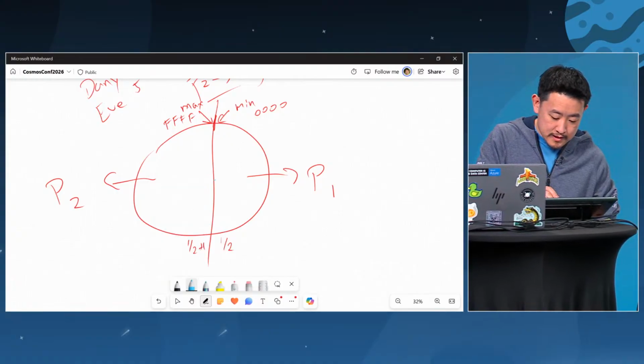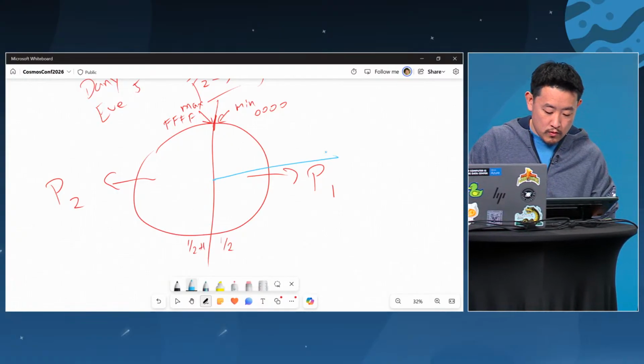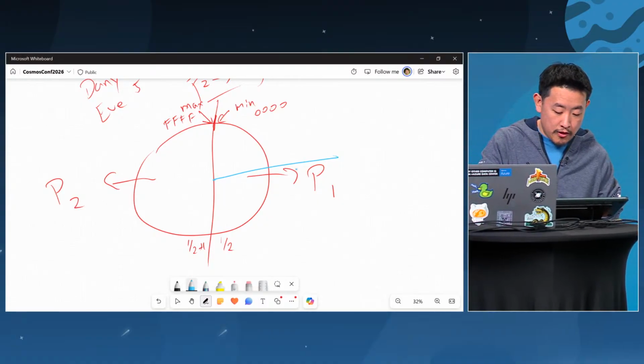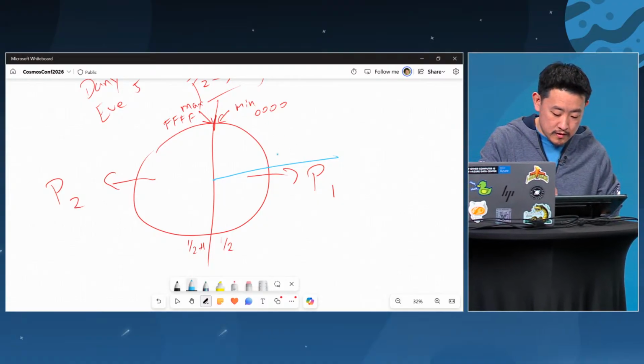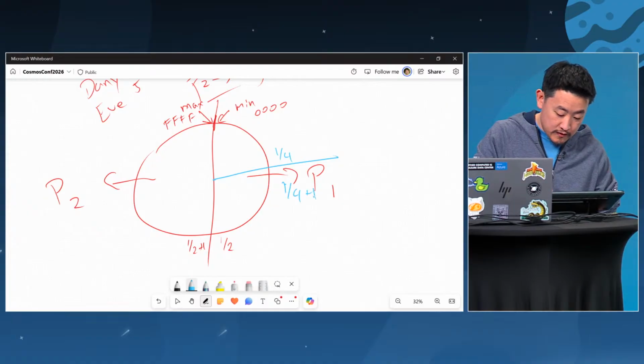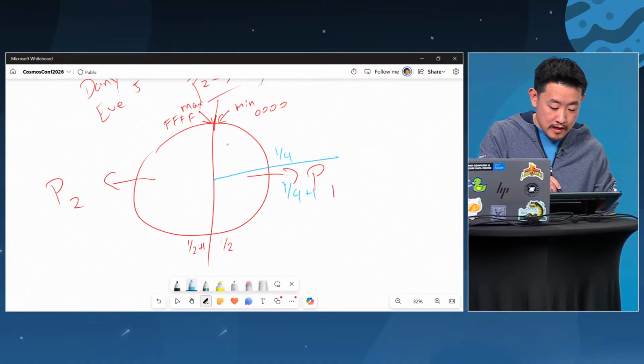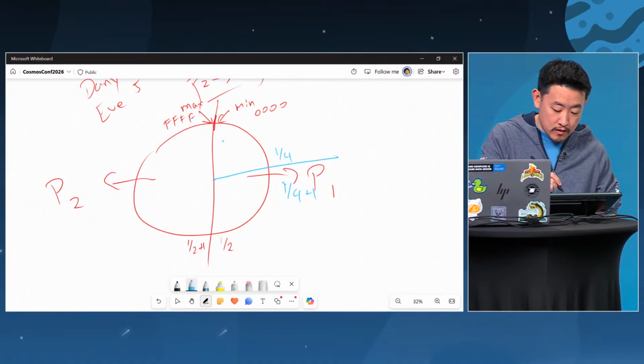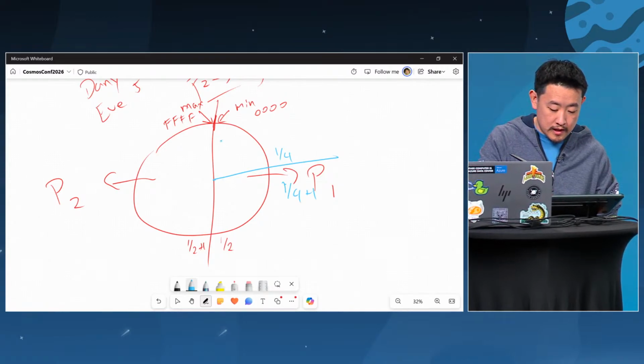And so what happens is, let's say I need to do a split, where I need to now map a third partition. So we can go from 0 to, let's say, a quarter, and then quarter to quarter plus one over to half. Well, notice that I can now relocate, or not even relocate any data. I can just go and on the hash values